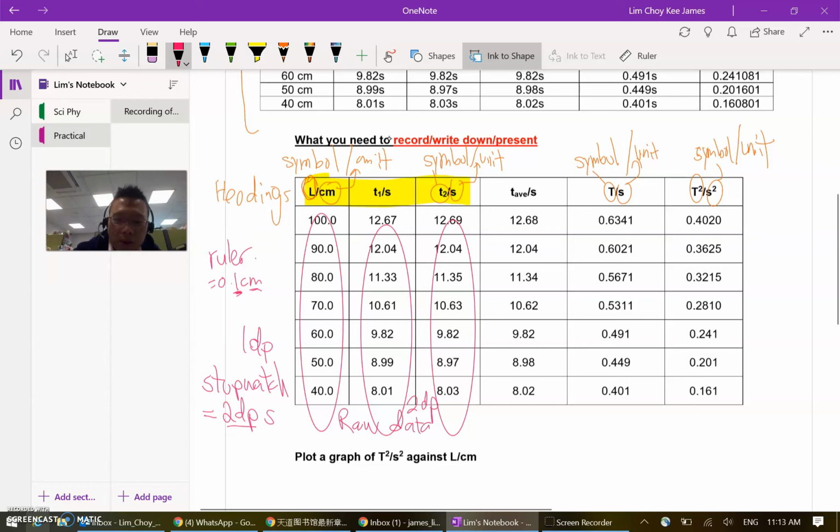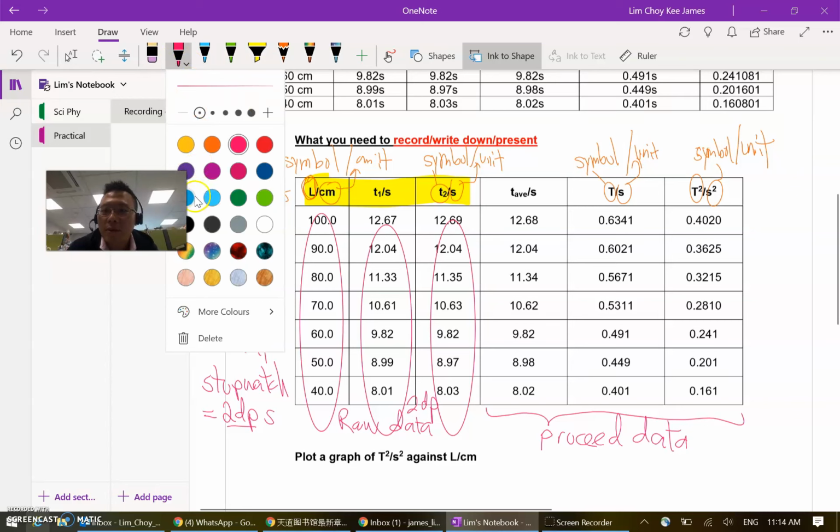So these 3 rows are my raw data, and the last 3 rows here we call process data, whereby the raw data went through some processing. It can be a simple calculation, simple mathematics. The raw data is processed by people, and these data are what we call process data. Process data is recorded in a different format, so let's look at how.